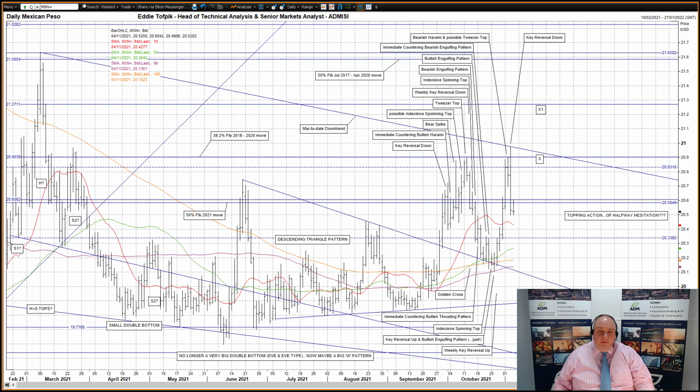US dollar against the Mexican peso. A huge key reversal down yesterday that made a new recent high not seen since March, over the significant 38.2% Fibonacci line of the 2018-2020 move at 20.9039. The move lower punched down and closed clear below the 50% Fibonacci line for the whole of the 2021 move at 20.5849. This was also a strong counter to last week's weekly key reversal up,